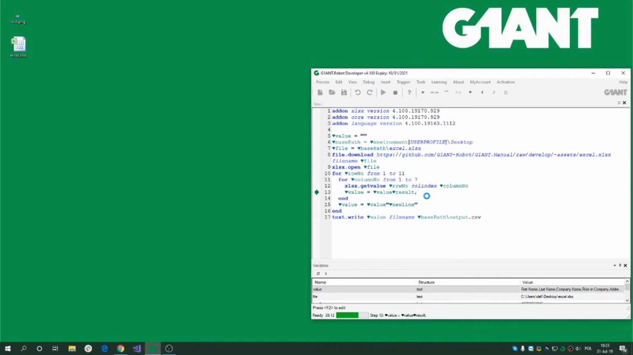When a full row is read, the column number variable in the for loop reaches 7. The new line special variable is added to the comma separated values of the row. Value equal value and new line, making a new line for the values that will be read from the next row. After all rows were read, the content of the value variable is written to an output CSV file on the desktop. So let's open